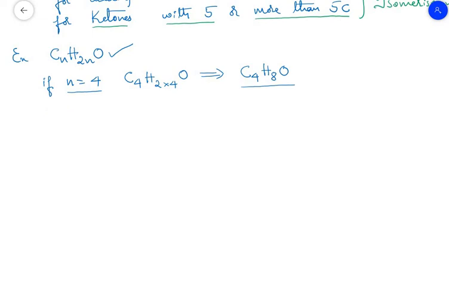If n is equal to 4, I can write it as CH3, CH2, CH2, then followed by C double bond O and H. Here we are having the terminal aldehydic functional group, so preference is given as 1. This becomes second carbon, this is the third carbon, and this is the fourth carbon. So the name of this compound becomes butanal.